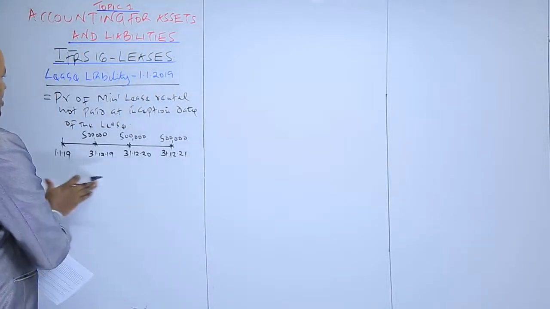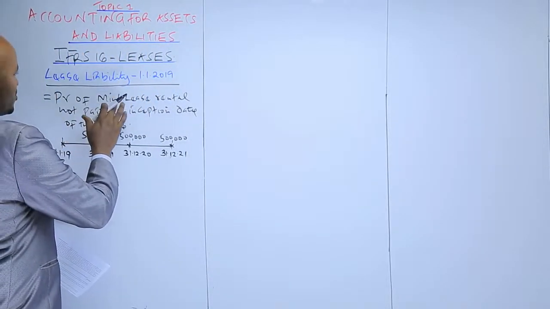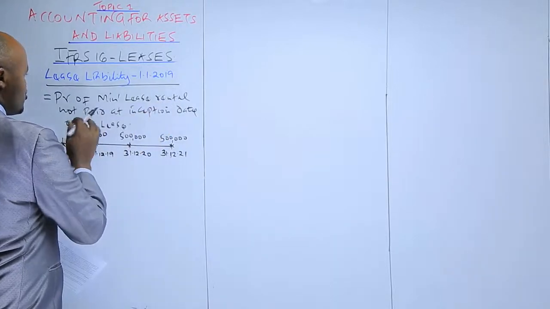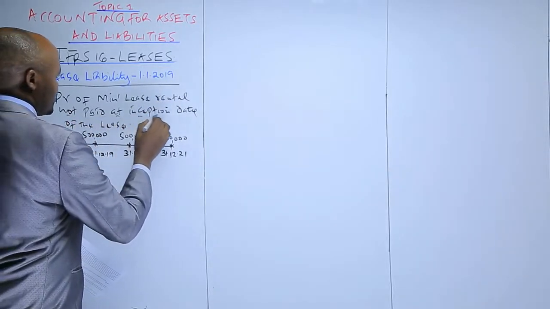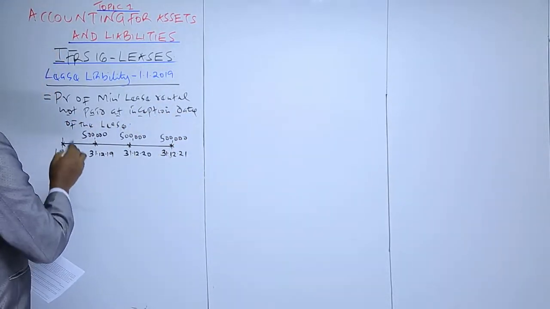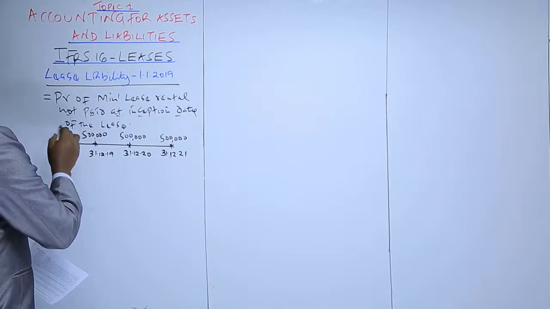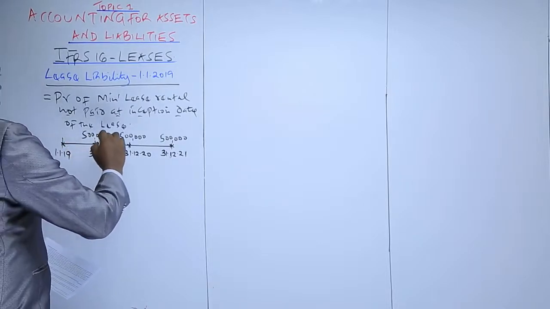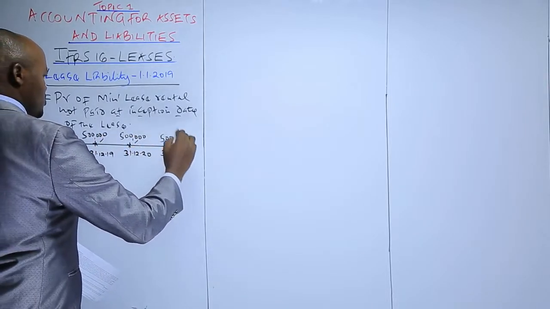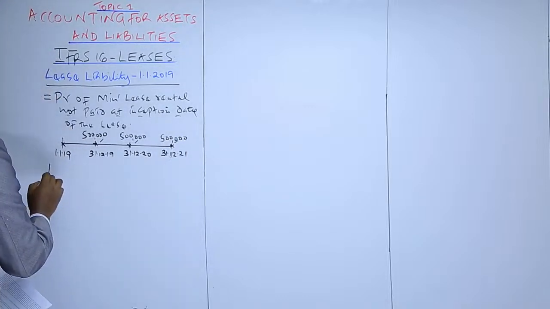We determine the lease liability by getting the present value of the minimum lease rentals not paid at the inception date of the lease. So in our case here, the minimum lease rentals which have not been paid on this date include this amount, that, and that. So therefore, the lease liability